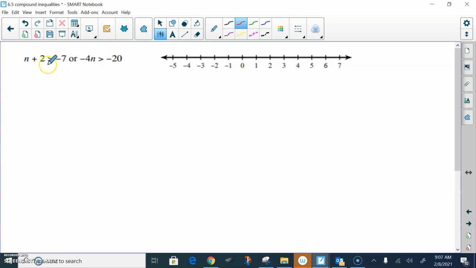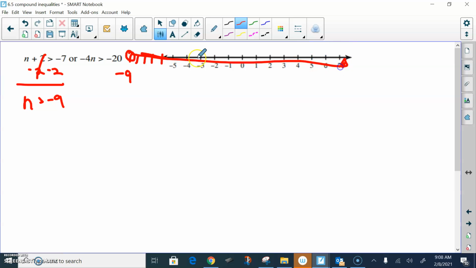So in this case, we're going to do it to both sides, or we're going to subtract 2. Here we go. So I want n is greater than -9. Again, I didn't choose a very good one. 5, 6, 7, 8, 9. Here we go. Open circle, shade to the right. Okay. And on the second one,